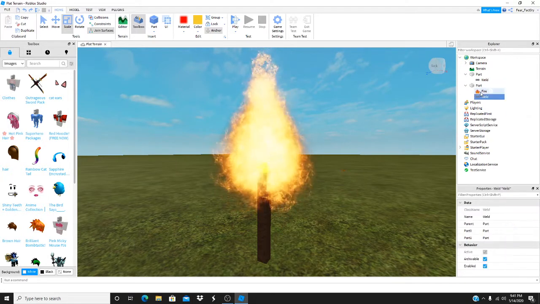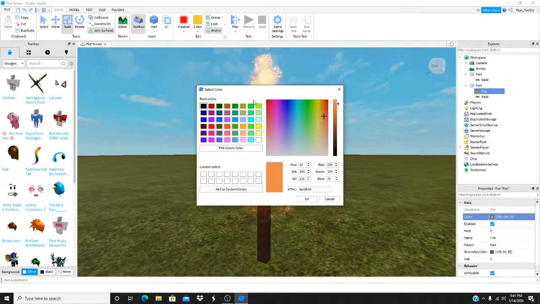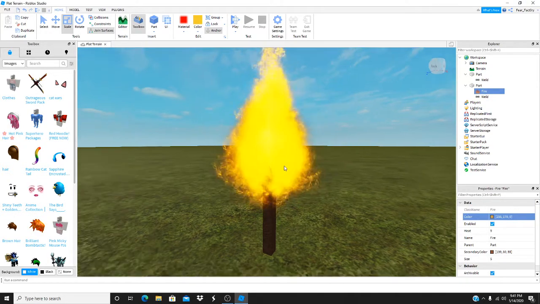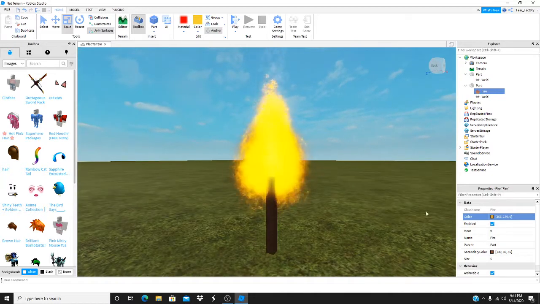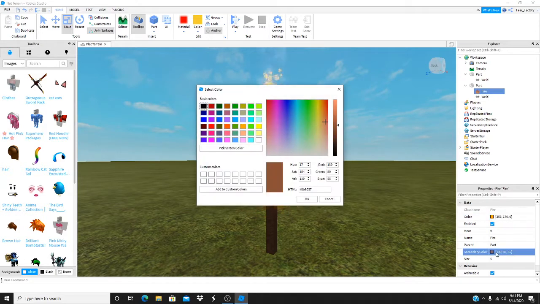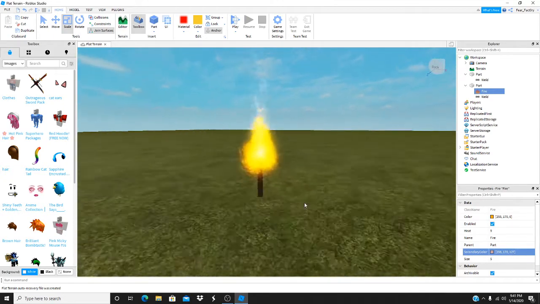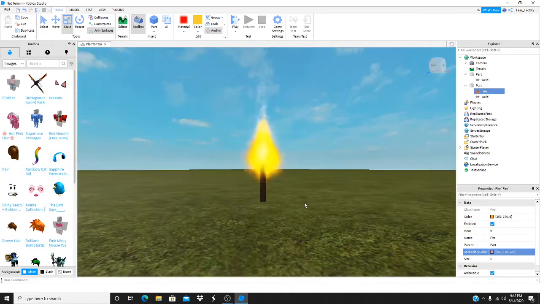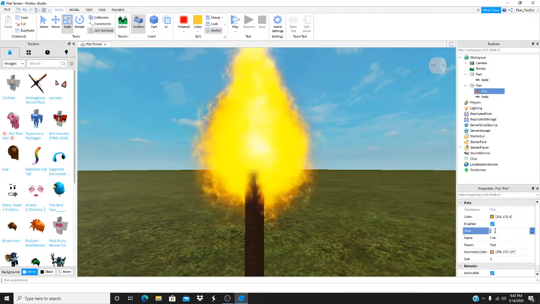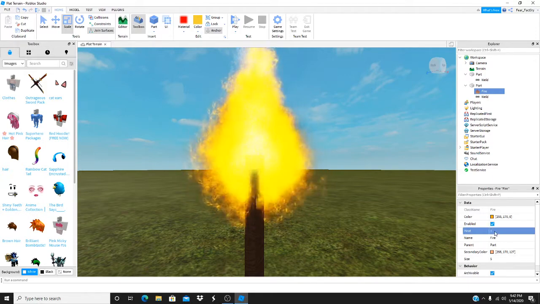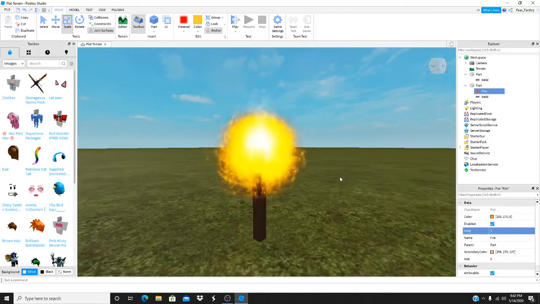So basically we go to the part and here's the fire part. We can change the color of the fire, obviously, and then fire has the flames that come up from it, so the flames will be a different color, so it gives it more life than it would be before. So it's pretty big, but if we change the heat, which is one of the properties, it doesn't go as high, so it's a lot